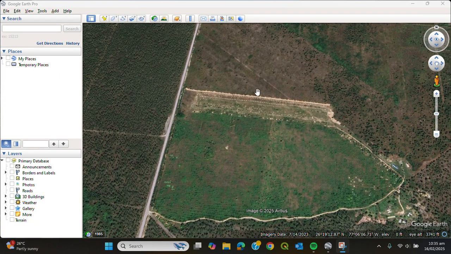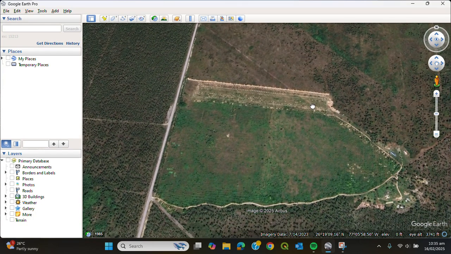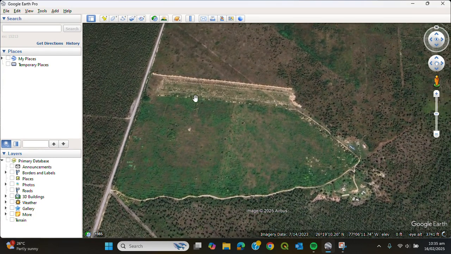I'm Dr. Anselino Davis, and this is another tutorial using Google Earth Pro, which is freely available online. Today we will be focusing on delineating spatial area extents, and we will focus on the Abaco Neem farm